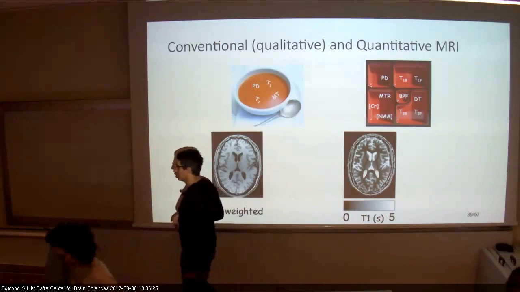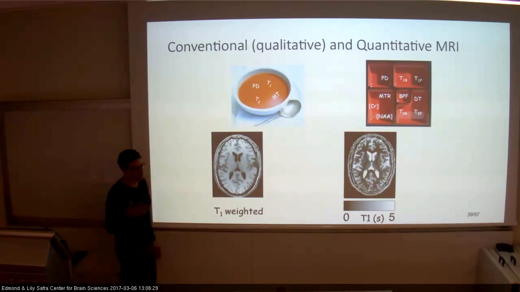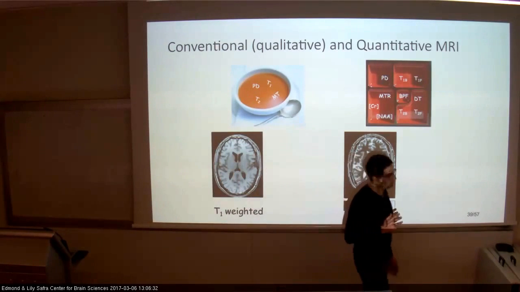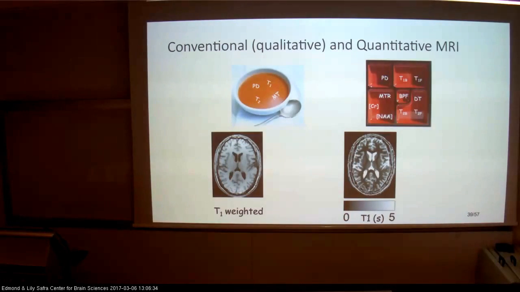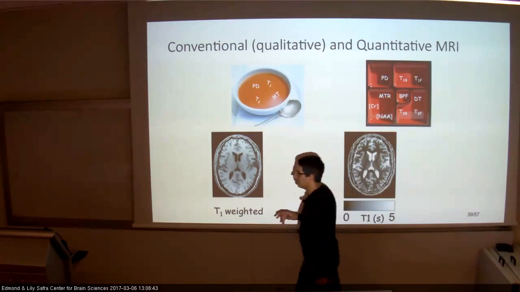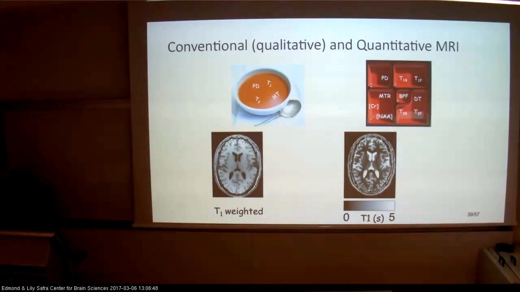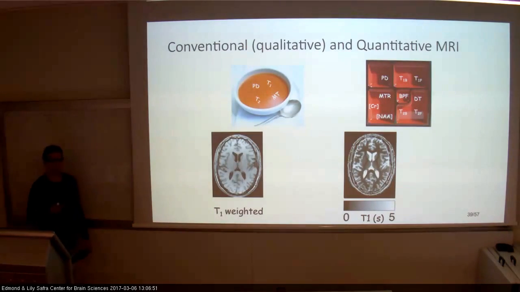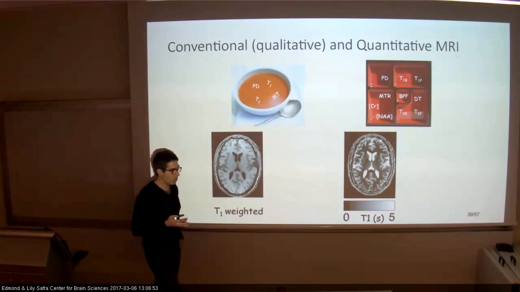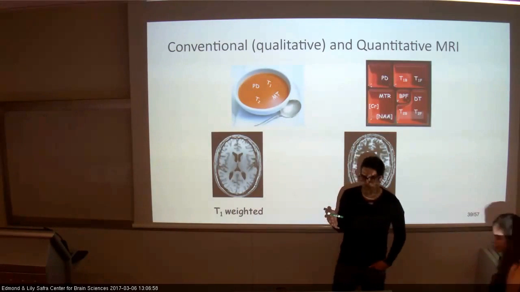Okay, so now that we have some kind of intuition about how images are being created, we can start to do brain imaging. And we're going to look in this class at anatomy and how these images are used to look at mostly variation between individuals. That's the main thing it's been used for